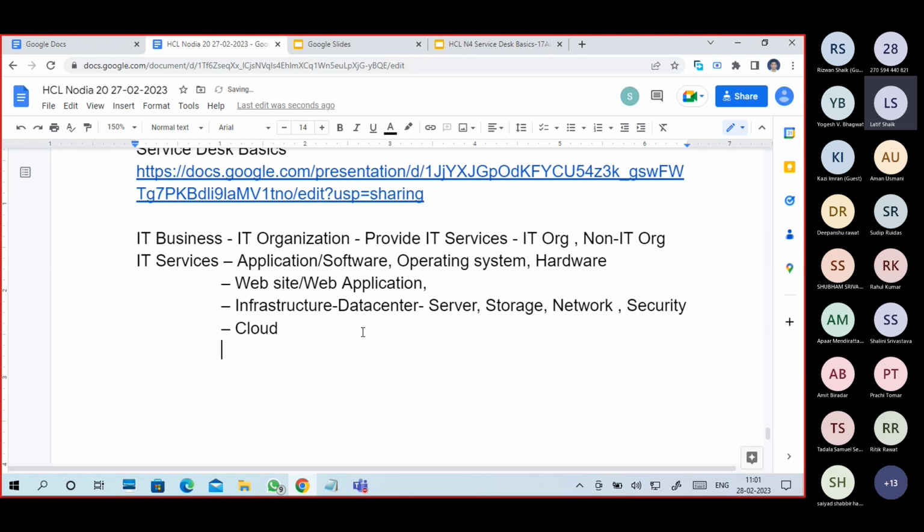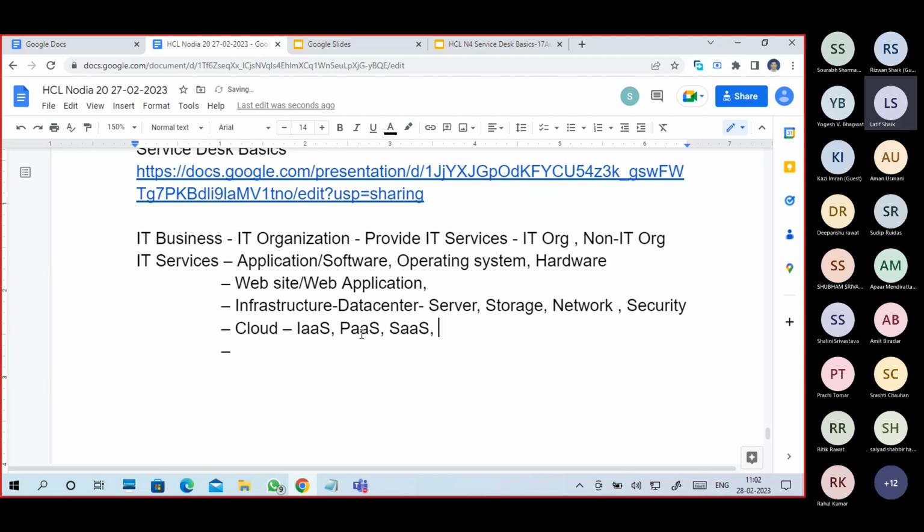Cloud services: we get different types of cloud services. Does anybody remember what the cloud services are? Infrastructure as a service. Next one: Platform as a service. Very good. Software as a service. Very good. These are the different cloud services. Of course, storage is one of the services, separate. Cloud is not storage, so there is cloud storage, and that is different.